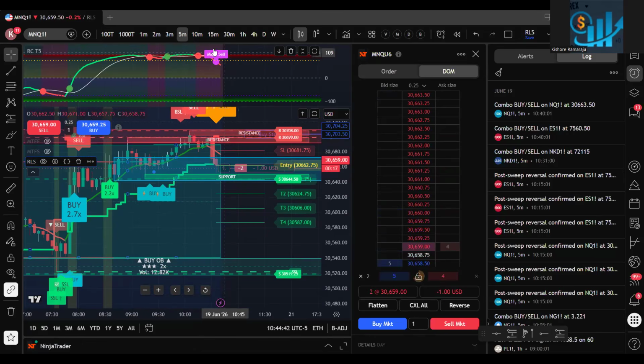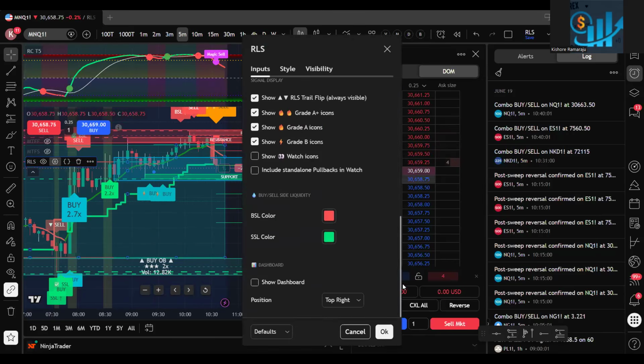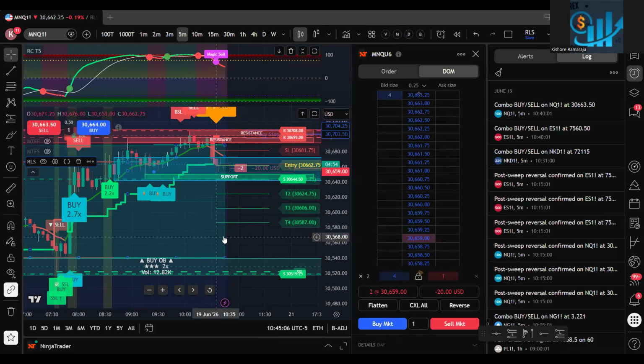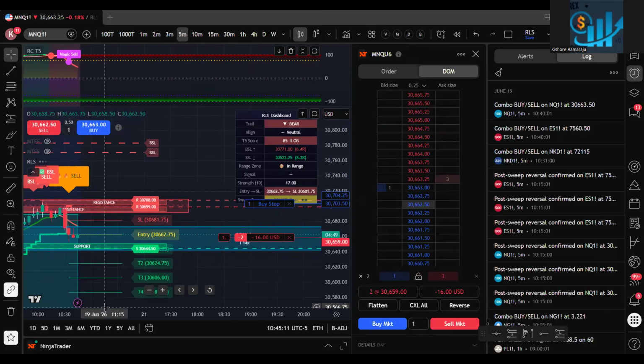Having E5 and others will give you more and more confidence. Otherwise, what happens? You see a green candle, you panic, you close it, and then it drops. But now different softwares are telling you there is a sell signal, and price is already overbought. If you go to the dashboard, the score is nearly 85. Earlier it was 100, now it is 85. That means the momentum started dropping.